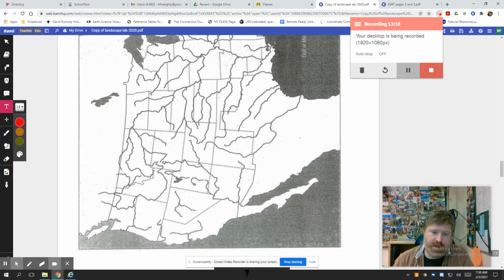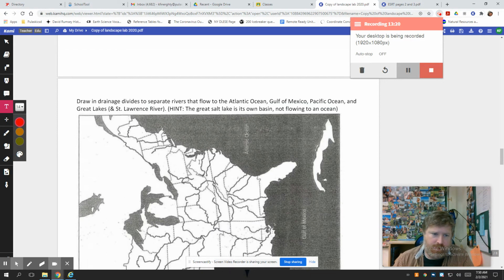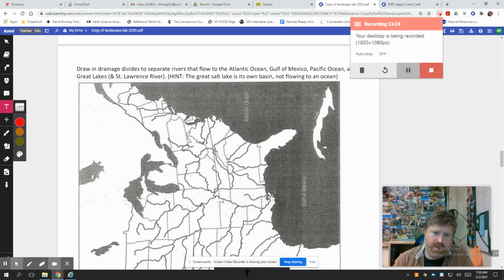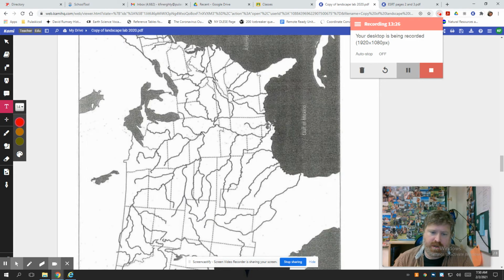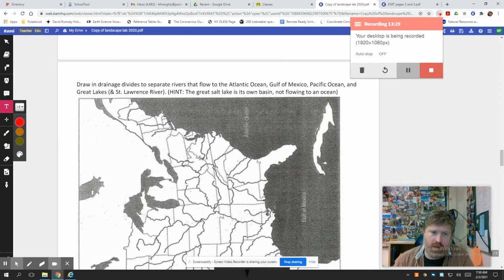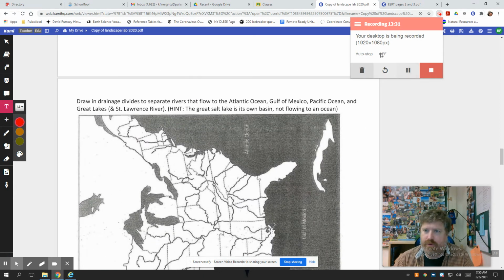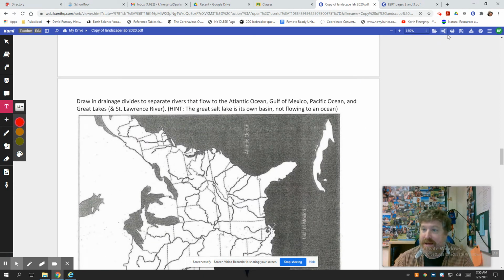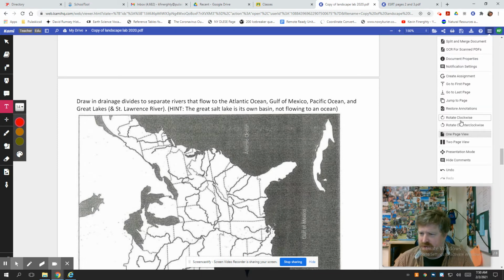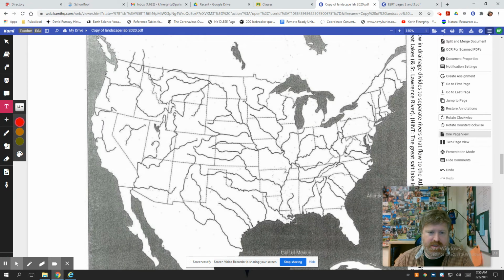All right, so what you're going to do here is draw and drainage divides separate. Let's keep it simple. People struggled with this a little bit last year. If you want to try to do all of those, cool. What I'll say to do at a minimum is the following. So I think it's easier if we rotate this map so we can see it. And